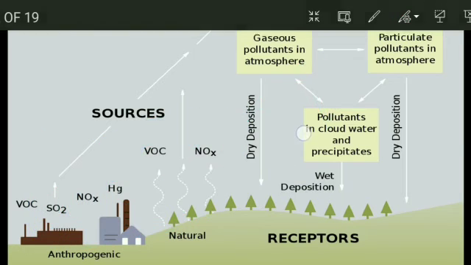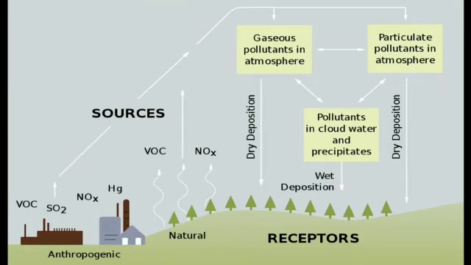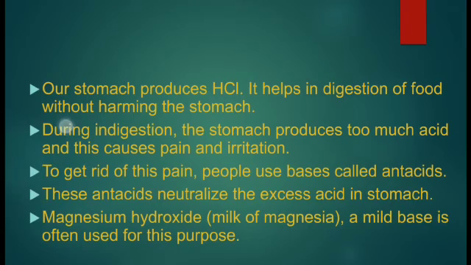Because of acid rain, plants die and animals on the earth die. If acid rain falls on our body, it damages, causing irritation and burning. Sometimes it may hurt. That's why we have to protect ourselves. If we want to protect, we have to decrease the release of harmful gases into the atmosphere. That is the second part.